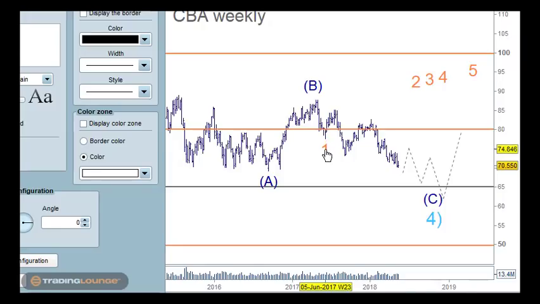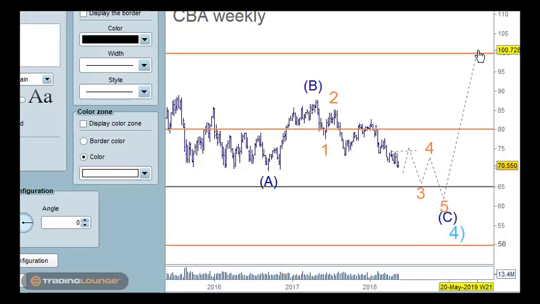So we need to call this wave 1 here and wave 2 here, and then we need to look at this as a third wave down into this space here, and a fourth wave to here, and a fifth wave to here, and then this would be wave 1 and 2 in here, wave 3 that's just about ending. We'll see wave 4 come back up into this space, and then wave 5 down here. So from 2 here, we'll have 1, 2, 3, 4 and 5 here for the third wave, then the fourth, and then the fifth wave. And then from that point, we can move up from here up to 100 in 5 waves to finish that.